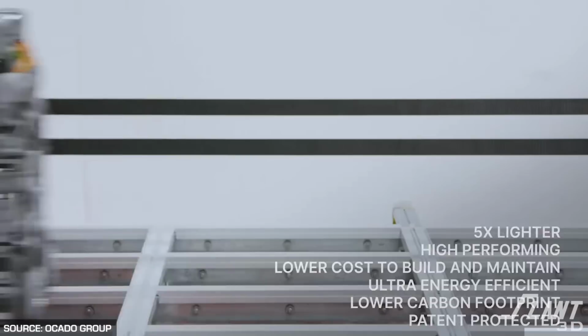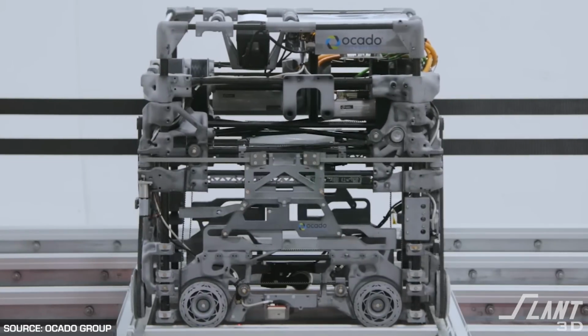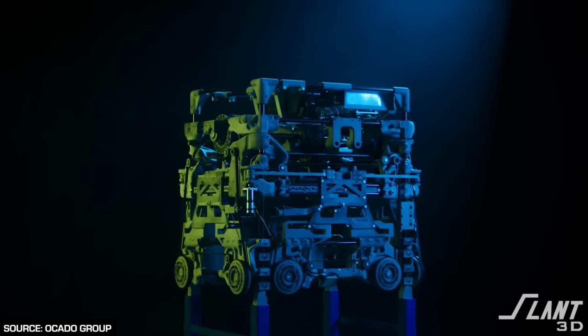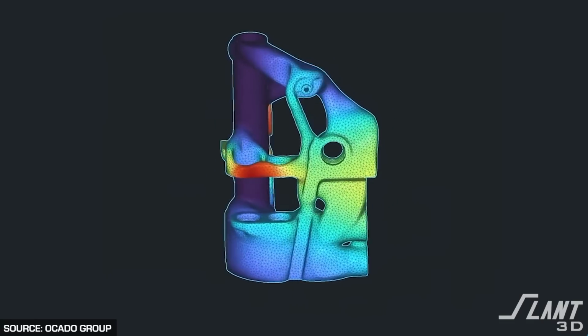How do you quickly and efficiently handle 55,000 products? You make a 3D printed robot, like the Ocado Group. The Ocado Group 600 series robot is a really interesting piece of engineering because what they did is they used